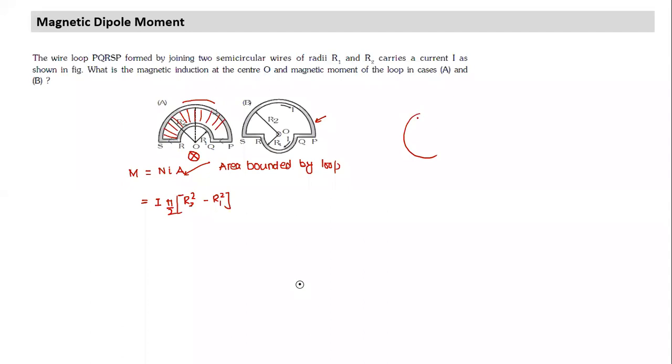Suppose you have a circular loop, and the circular loop has some magnetic dipole moment, current I is flowing. If the same circular loop, without changing the length of the wire, I reshape in the form of a square, current has not changed. Will the magnetic dipole moment remain the same? This is for a square, this is for circular shape. Will it remain the same, increase, decrease, or what will happen? Decrease. Why? Because for the same perimeter, a square has less area.